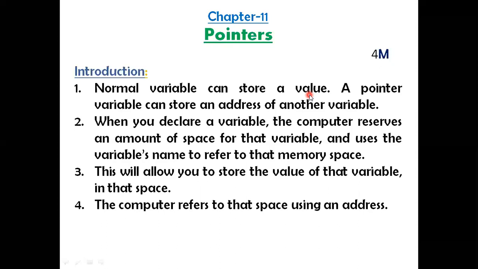See, example: int, one blank space, a comma b, and with semicolon. What exactly this example represents is a and b are the two variables. Those two variables are of integer type. For a variable, it is allocating 2 bytes, and for b variable also it is allocating 2 bytes inside the computer memory. Whatever the value given by the user, that will be stored in which variable?